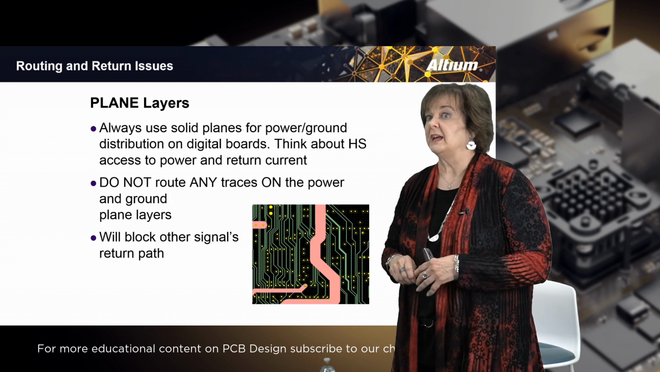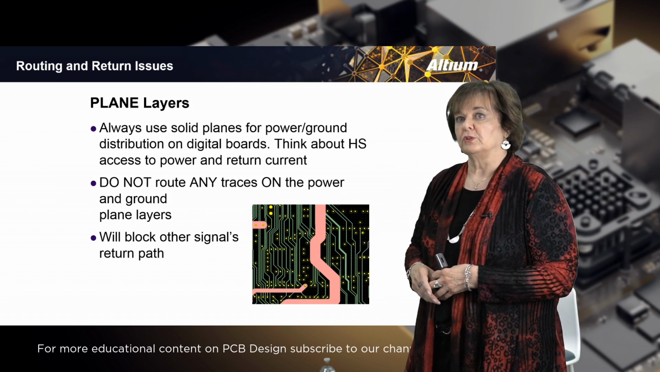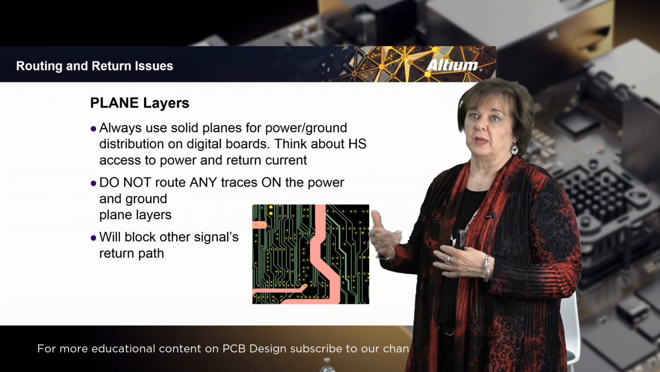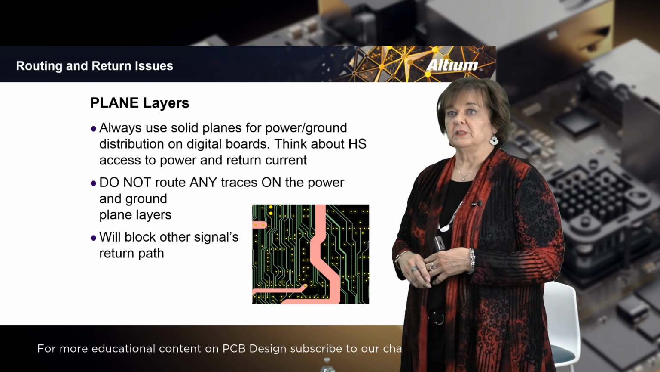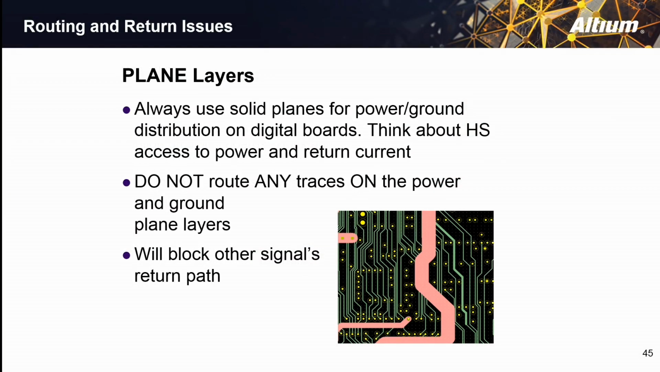Sometimes people run out of routing room and they think, oh well, I'm just going to put a few routes on the ground or the power layer, and then that'll settle my ability to get the board routed. But the problem with doing that is if you look at this picture, you're dealing with a layer that is green, that is a signal layer, and the layer that is more of a pinkish color is a power layer. And if all of the green signals are trying to return on the plane that is pink, and they are cut up by the traces that were routed on the pink layer,